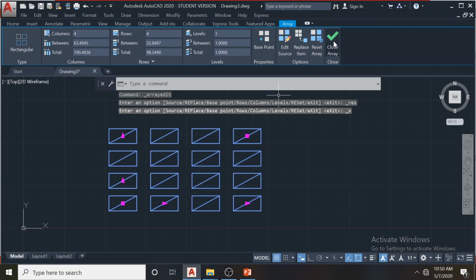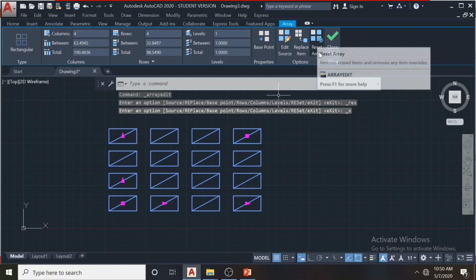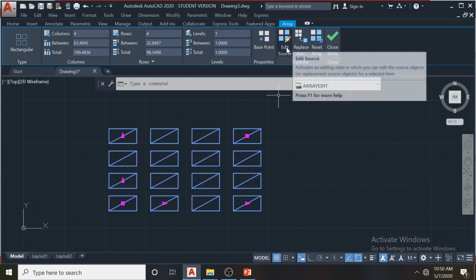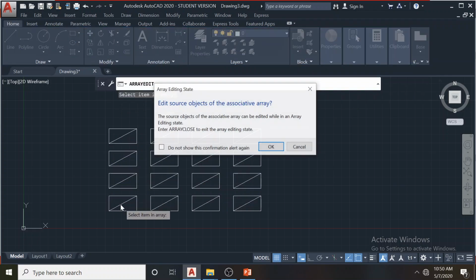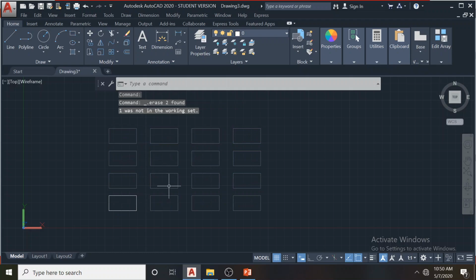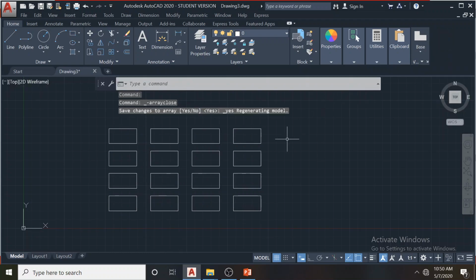Here it's not working, but I'll show you how it works later. We have another tool called replace items. So I will reset this, and edit this again to a normal rectangle. Just delete this. Everyone will get that change. Save. Now if somebody wants to replace some of the rectangles by a circle, how can we do it?